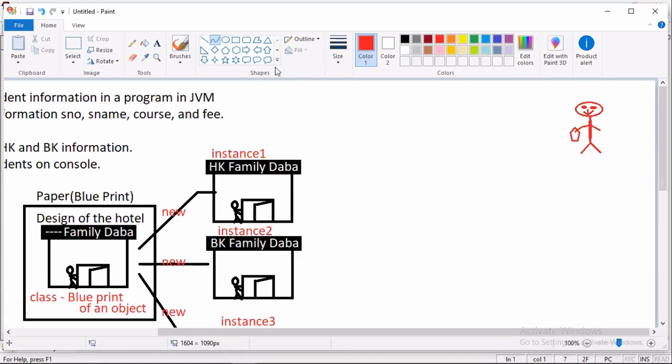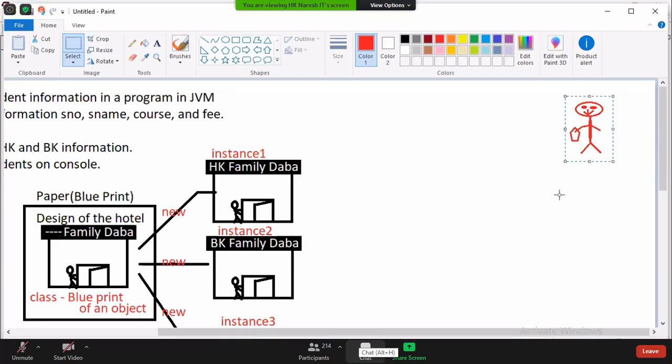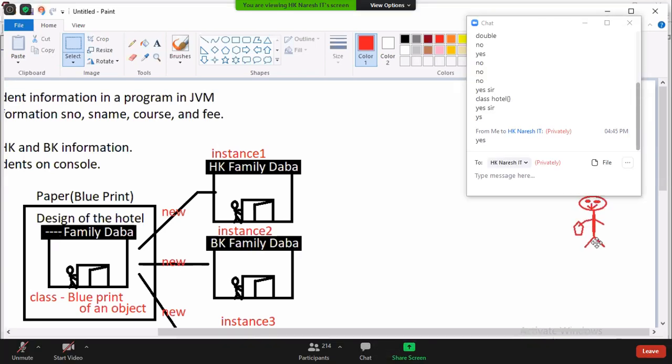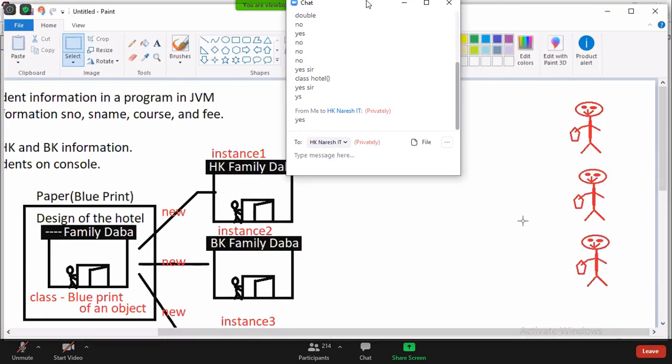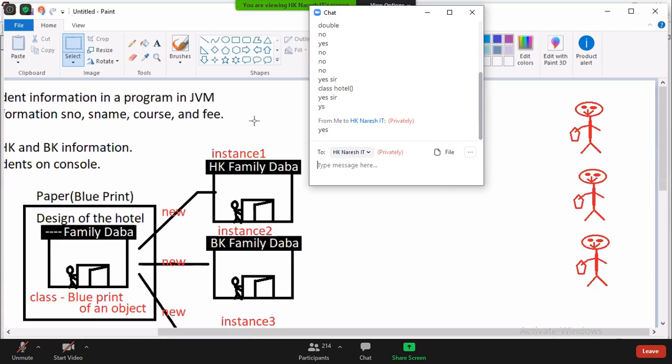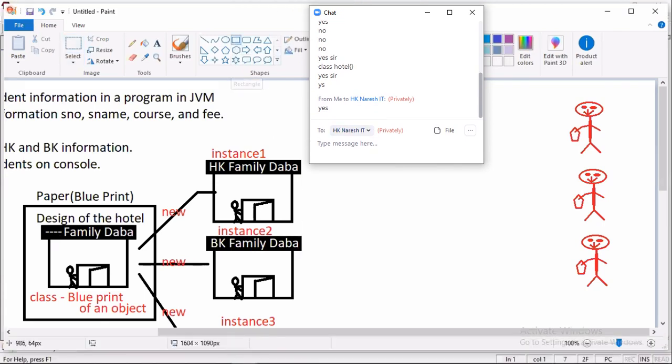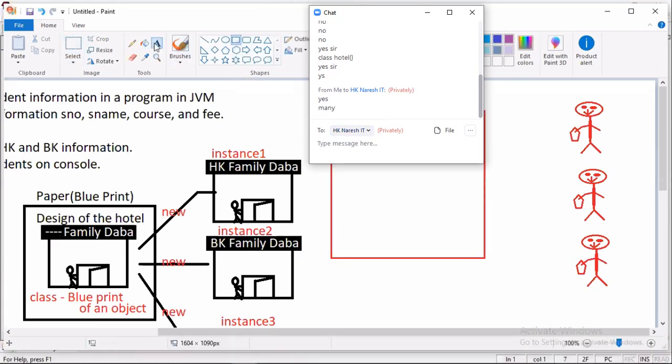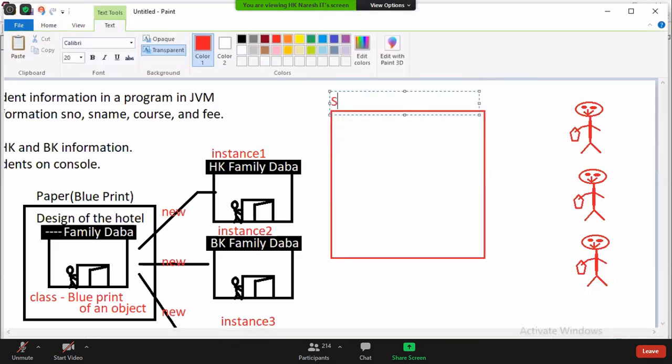Now, how many Swiggy delivery boys are there? Only one, or many? Many. First person, second person, third person. Assume three. Tell me now, Swiggy company should have a software, correct?